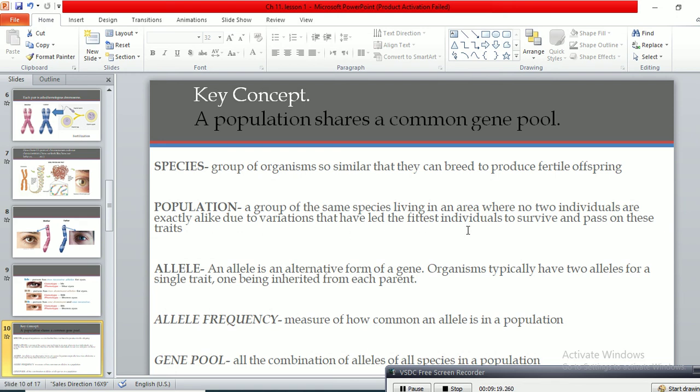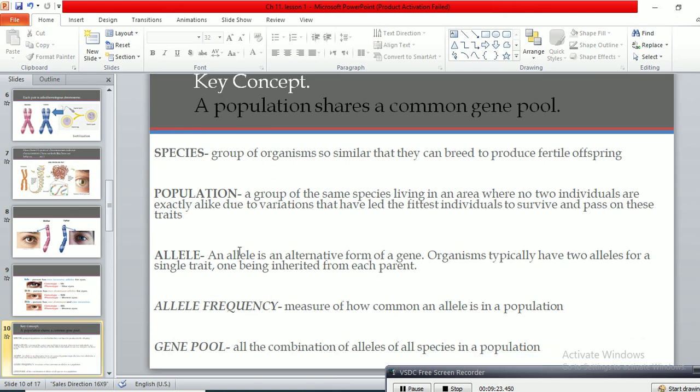Allele, as we said, alleles are alternative forms of a gene, different versions of a gene. Organisms typically have two alleles for a single trait. Trait, brown eye: it has two alleles, brown and yellow eye, one being inherited from each parent. Now we will learn how to calculate and know this expression, something called allele frequency. Allele frequency is a measure of how common an allele is in a